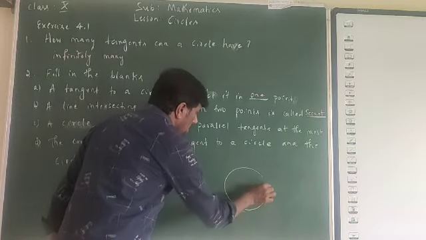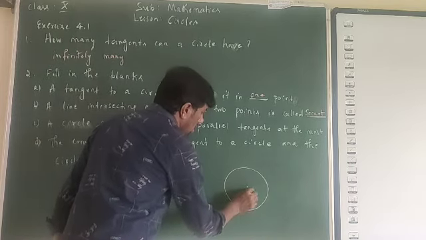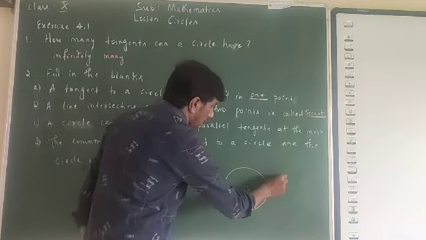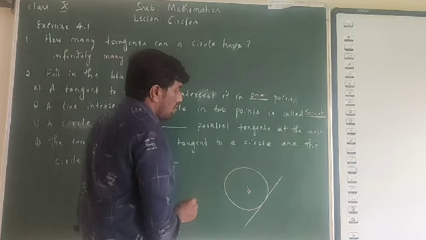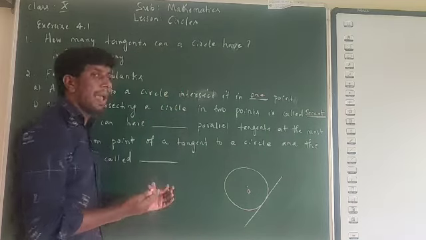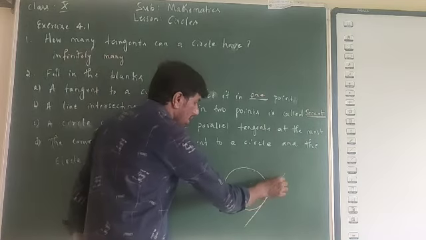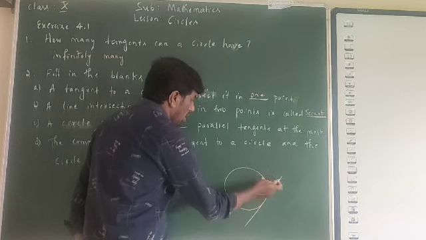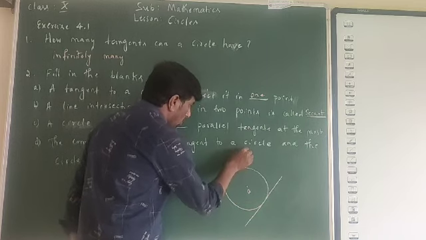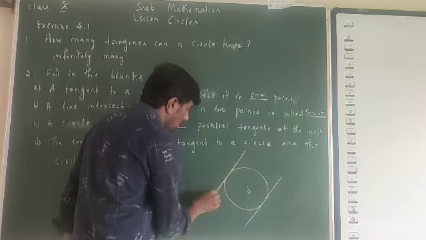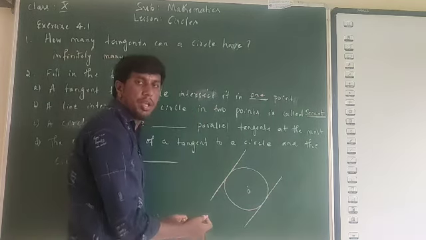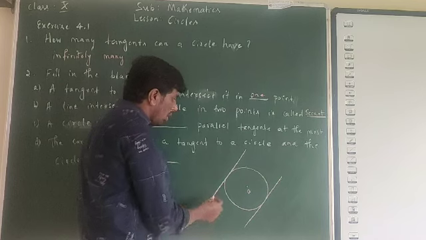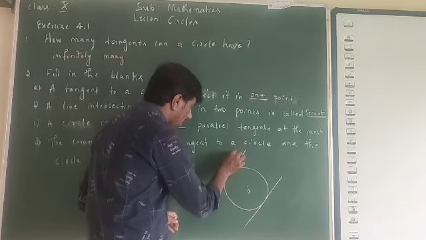So, I am having a circle. Suppose I take this as one tangent. How many parallel tangents? If I take this as a tangent, I will have one more tangent here. You can observe that these two are parallel to each other. If I draw one more tangent like this,